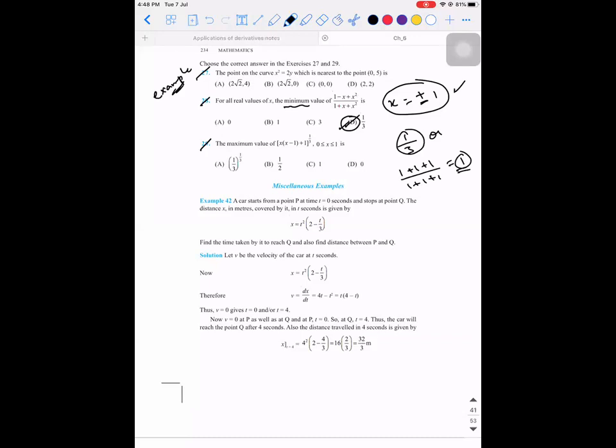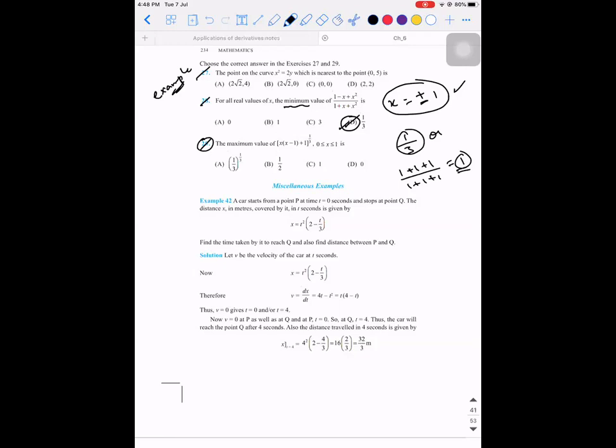Sir, a doubt, sir. Tell me. Can I blindly substitute like 1, 0 and 1 for the value x and we can find the value, sir? Like without any differentiation. But what value will you substitute? They gave minimum value, right? So 1, 0 and minus 1 I tried, sir. In that I got 1 by 3. That's the minimum value. For 28, sir.